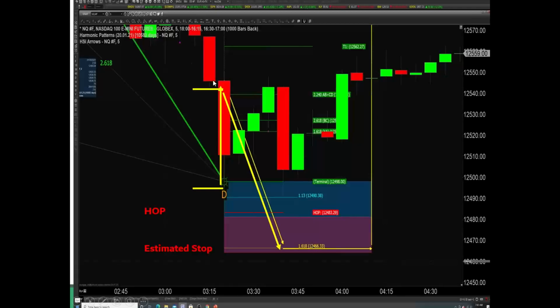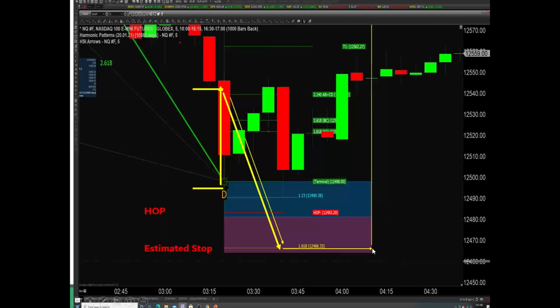Look at the terminal bar, project that down. That gives us one of the more absolute levels, and then the estimated stop of taking the distance from PRZ to hop and projecting that down all works out in the same area, beyond this 12.466,